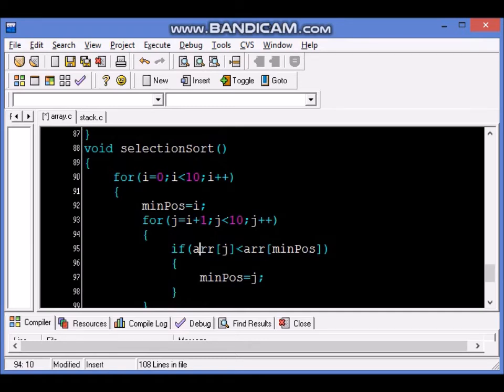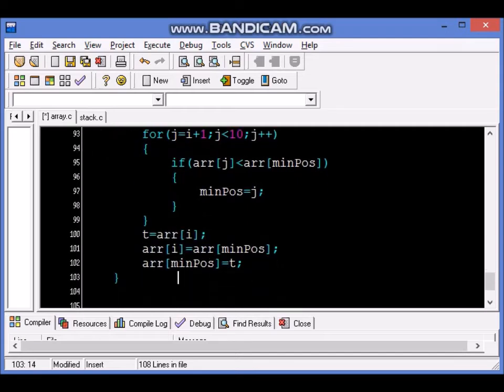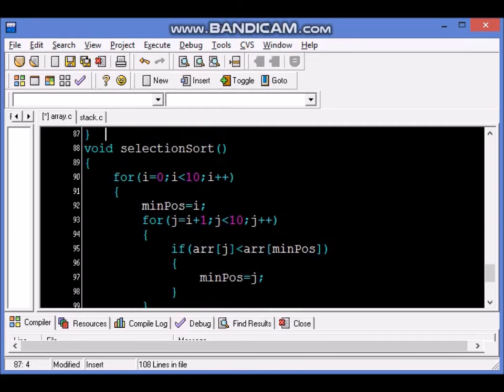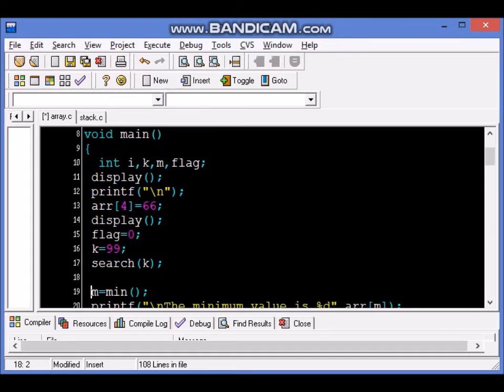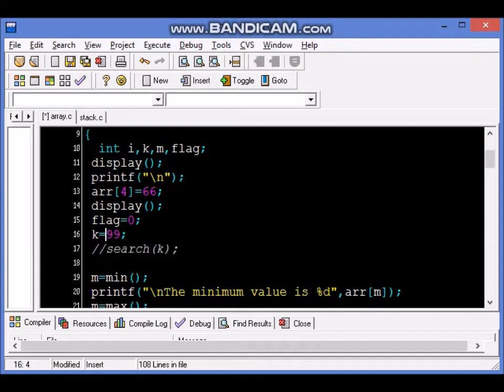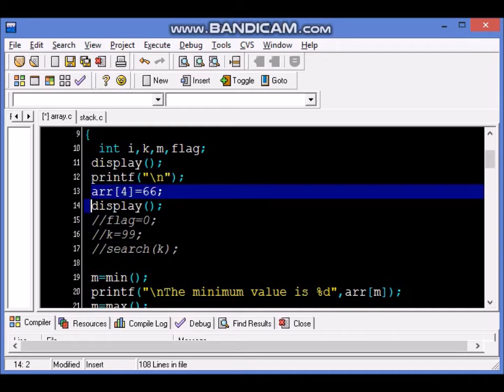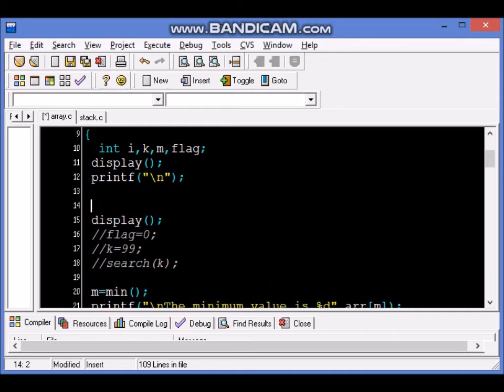Let us see whether this piece of code works. And invariably the code may not work the very first time. There is no way you can code from scratch and expect a perfect answer in the very first go. So in the main program, we will comment the search program, and we will remove this array blank one, and we'll call selection sort, and then we'll call display.